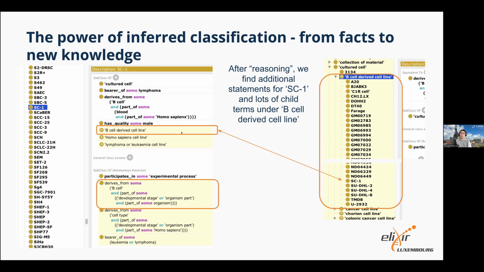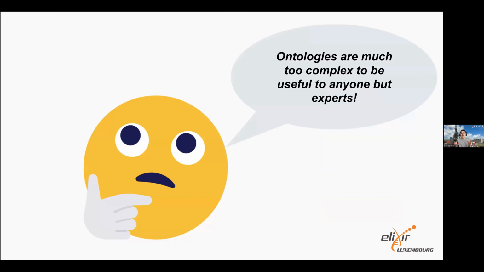So that is one of the really powerful aspects of ontologies. Having said all of that, you've probably gone, oh, well, yes, but that's the point. It's really complex. This looks really complicated. We don't understand these relationships. This is ridiculous. Ontologies are just for experts. Point proven. Yes, ontologies can be a little complicated.